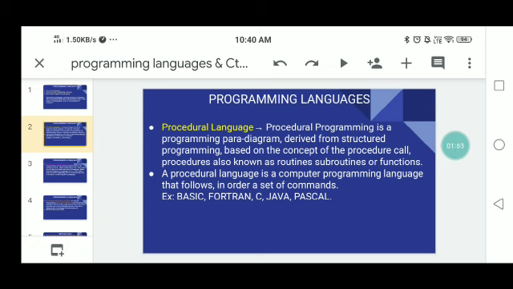A procedural language is a computer programming language that follows some order of commands, a set or group of commands. So you can compose a group of syntactical and logical commands, and that is nothing but a procedural language program. So what are the procedural language programming examples? BASIC, Fortran, C, Java, Pascal.